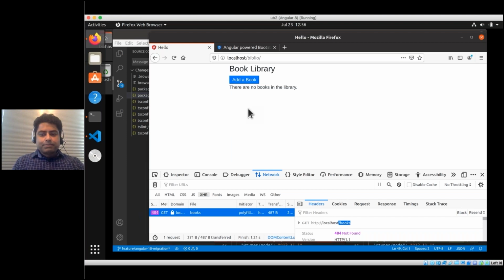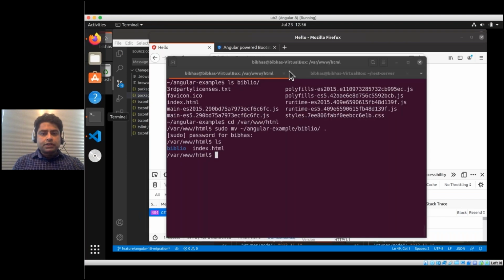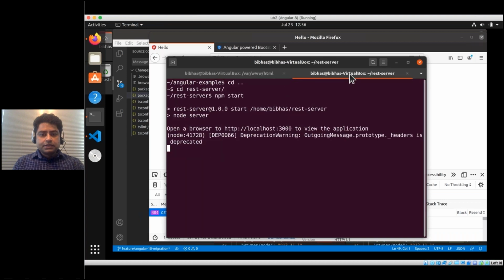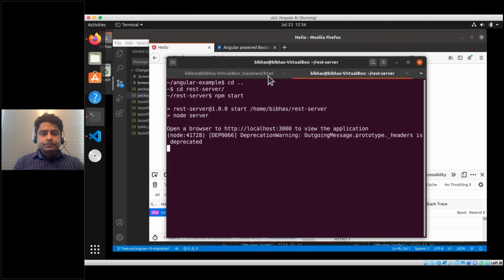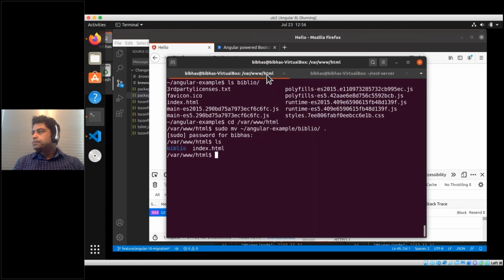The reason is that the backend is listening on port 3000. Remember, the backend is listening on port 3000, and now my application is loaded using port 80, and the backend is inaccessible using this URL over port 80. So we need to create a proxy from Apache to the backend. So let's do that. Let me go to the Apache configuration file,